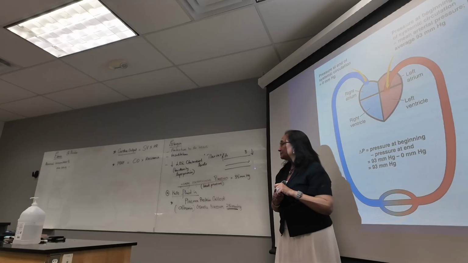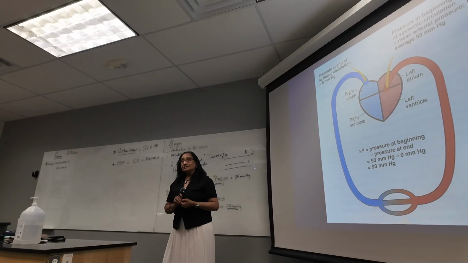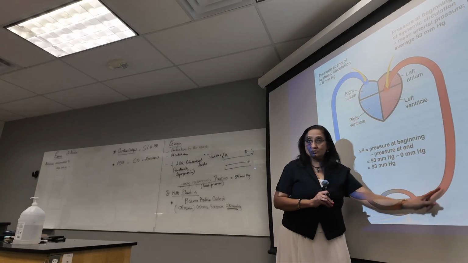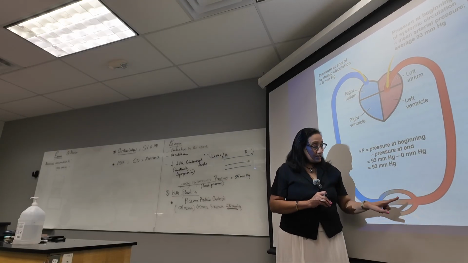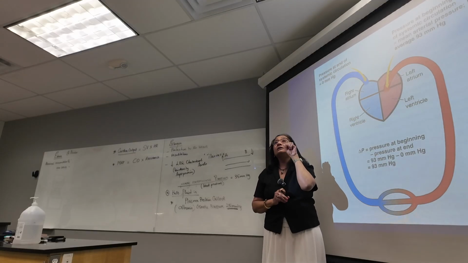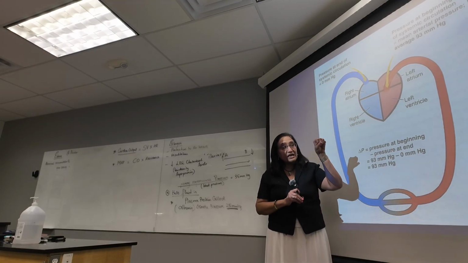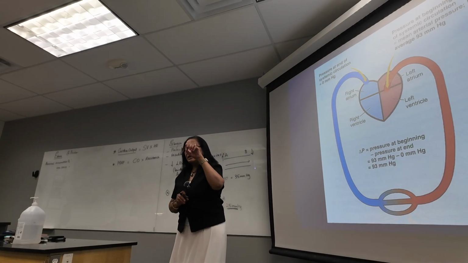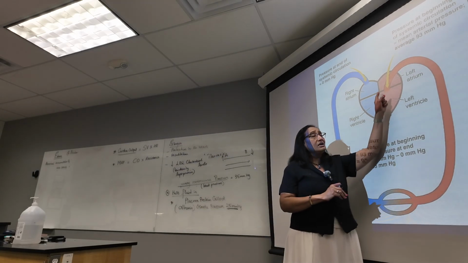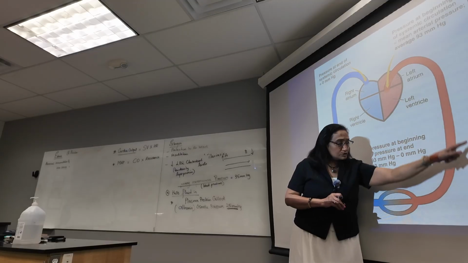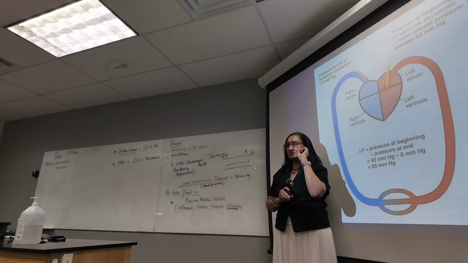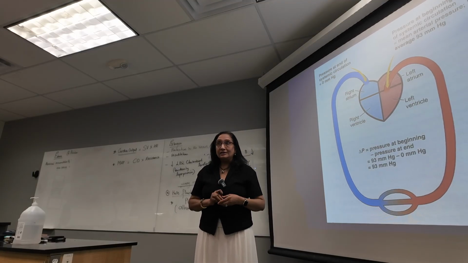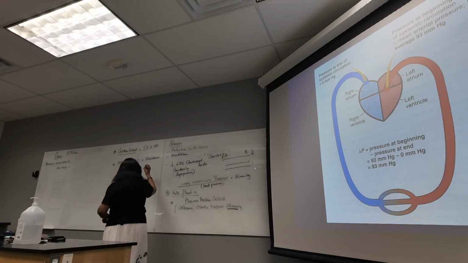So that's one. Second is resistance. What contributes to whether blood can flow is the resistance of the arterioles, whether they are narrow or wide and open. If it is narrow, the heart has to produce even more pressure in order to push the blood through those narrow blood vessels. If they are wide and open, then blood flows very easily. So this resistance